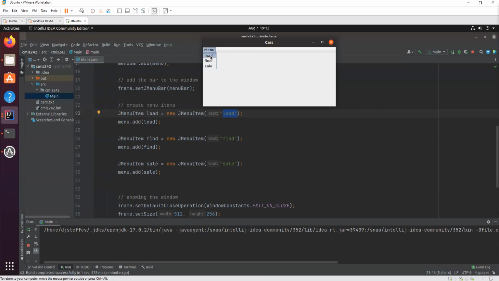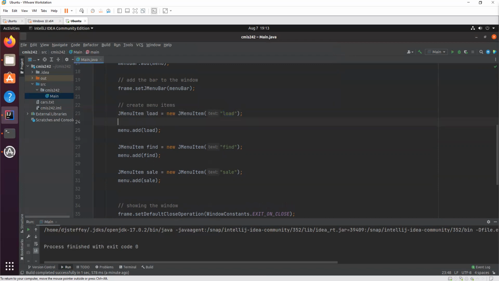So let's imagine if we click load, we probably want it to load from a file, right? So if we click load right now, nothing's happening. If I click find, nothing happens. If I click sell, nothing happens. And why is that? Well, it's just like when you had buttons in your previous assignments. You have to tell Java what to do when you click on it.